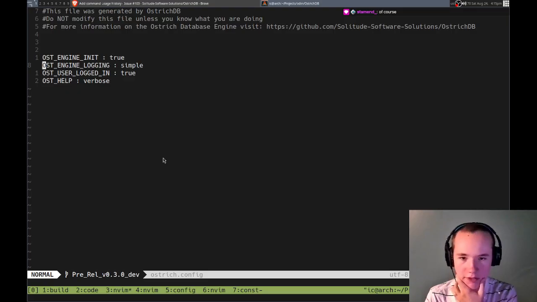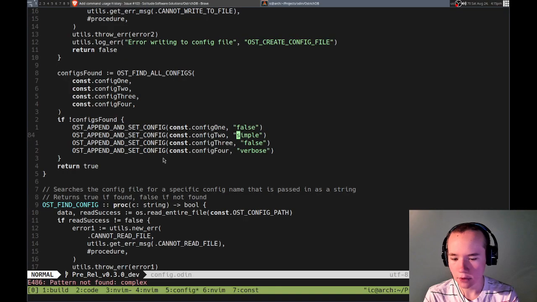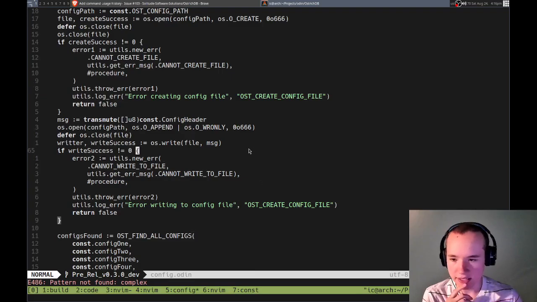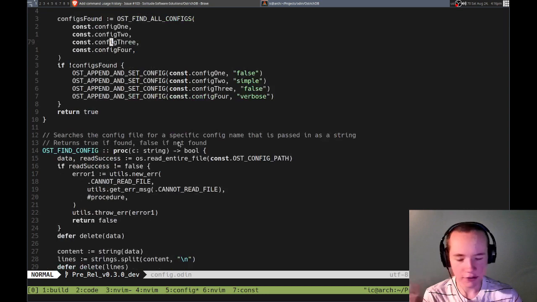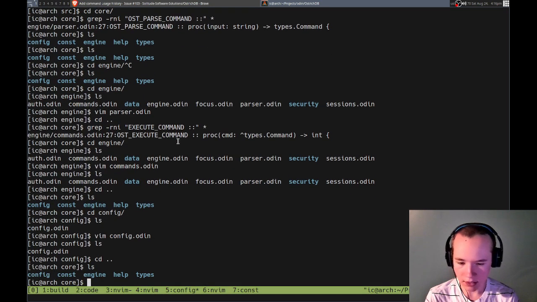Oh, verbose? Is that what it would be? Simple and verbose. Okay, I'm not sure if other ones are supported yet, so I might not want to change that. Okay. So that's the config stuff. That makes sense. I get the idea. So let me go back to the engine,